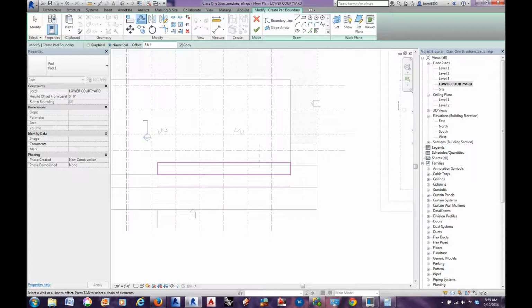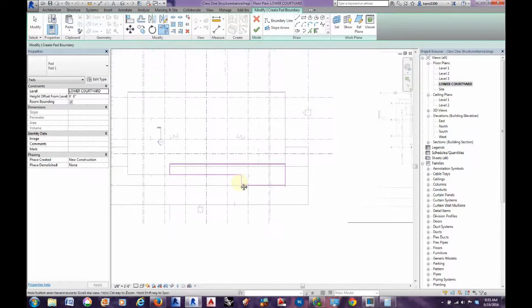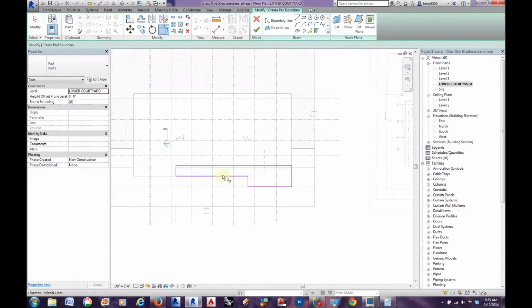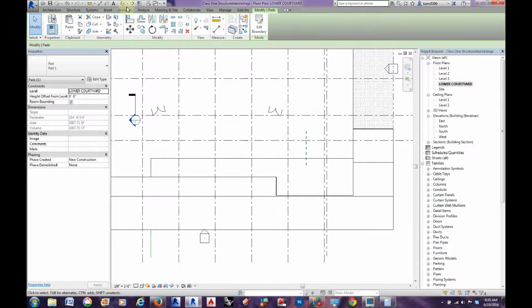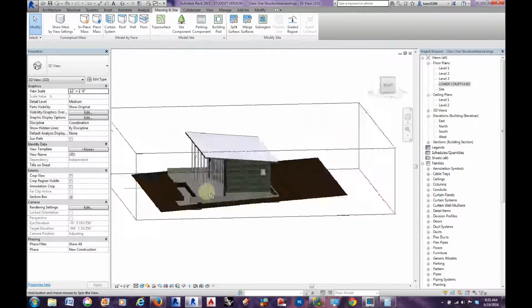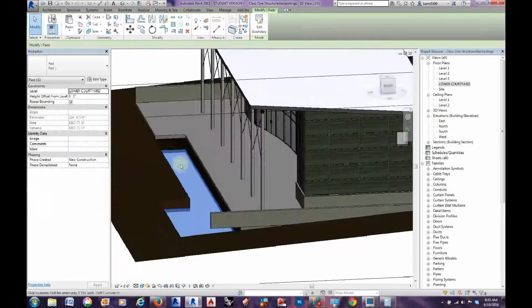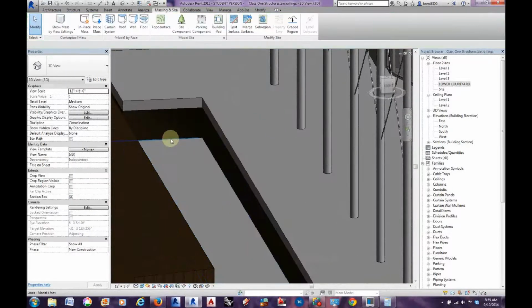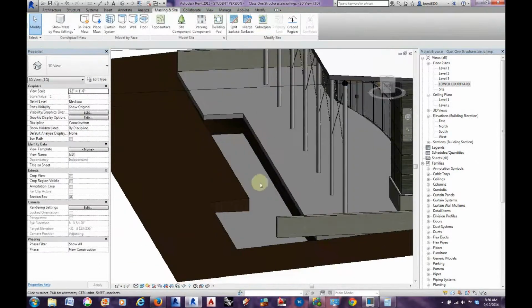.56 4 3/8. And I'm going to use my trim tool to go ahead and trim these guys up. And we're going to go ahead and click finish. So what that's starting to look like in 3D is we're sinking this pad down a little bit further. And now that we can go ahead and delete that model line that we created now that we have this